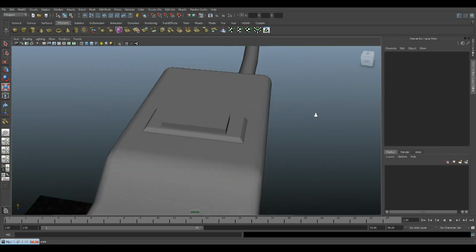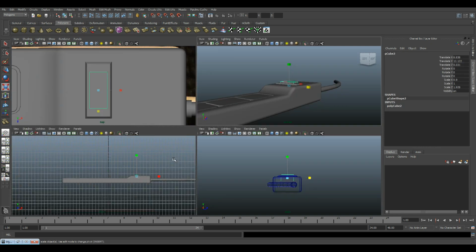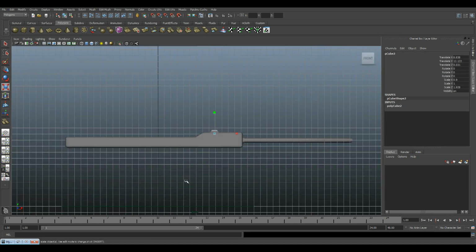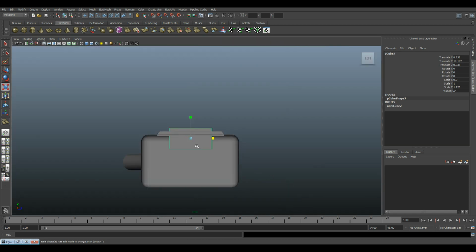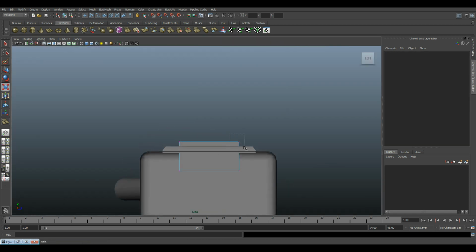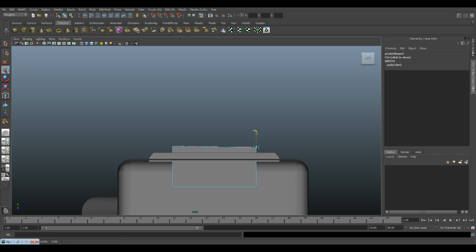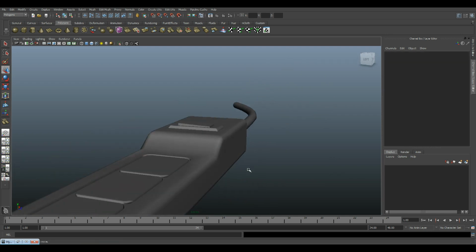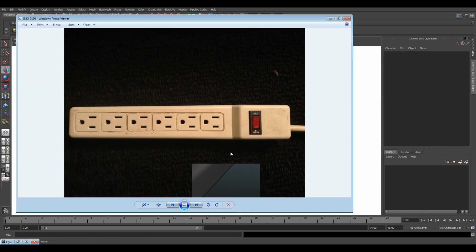Just about like that. Okay. So this will be our switch, and I'm going to try to keep this switch pretty simple. We're just going to take one end here and scale that down like that. If we take a look at the reference pictures,